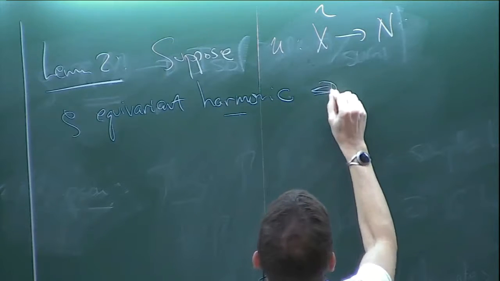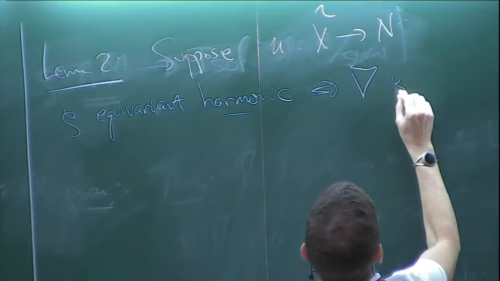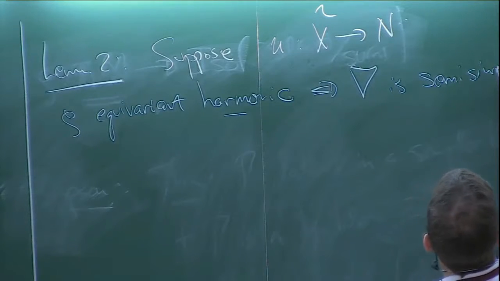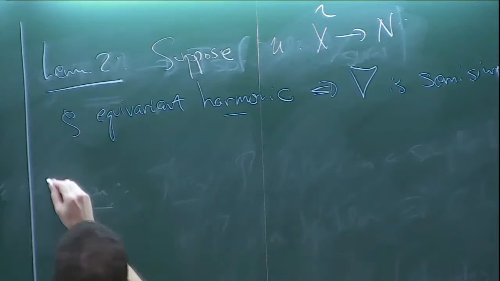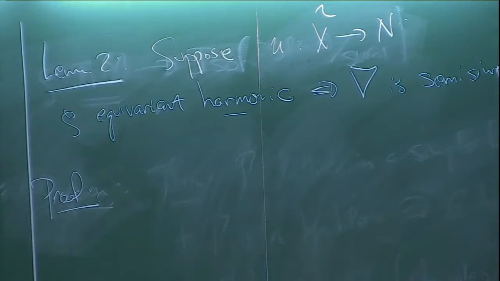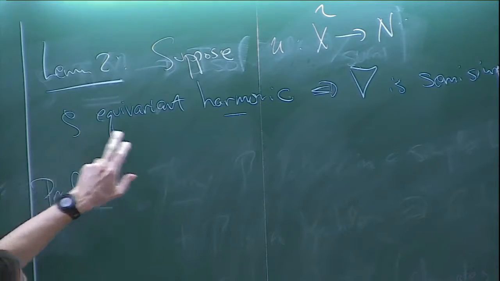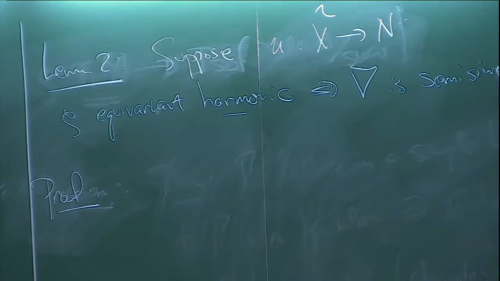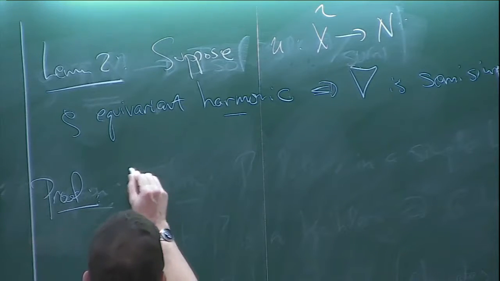And harmonic, then that implies that nabla is semi-simple. Okay, so let me actually do this proof. Whenever I write rho and nabla in the same line, I'm thinking of rho as being the holonomy of that flat connection. So suppose not, right?